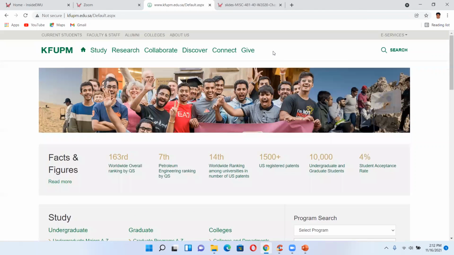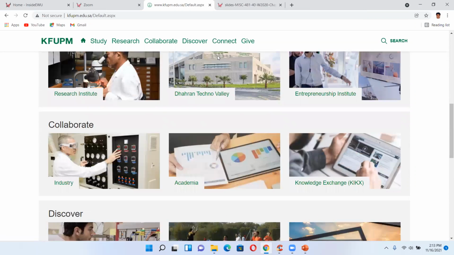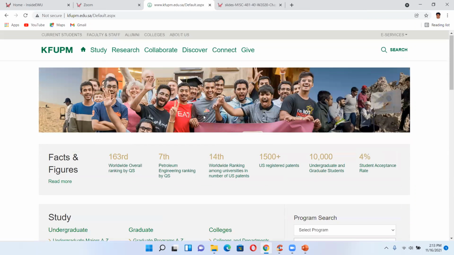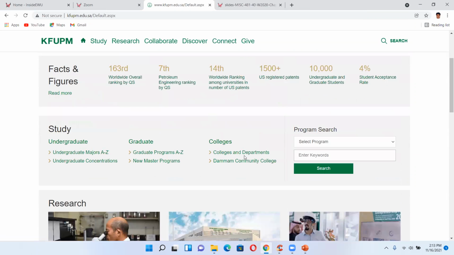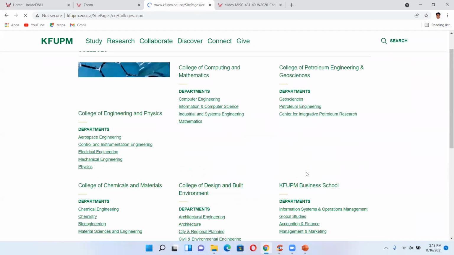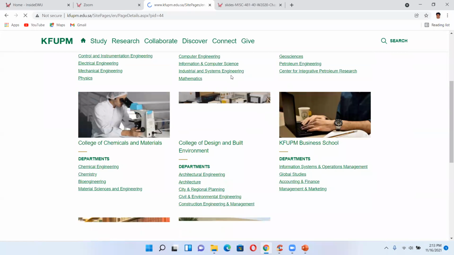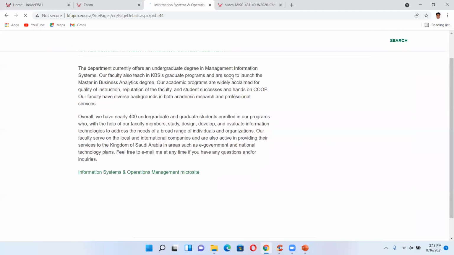This is in Arabic. But suppose you want to go to the College of Business and see the business programs. It is designed in such a manner that you can easily navigate through and reach the colleges and departments. So let's say I want to go to the information systems department, so here you can say business school, information systems and operations management.